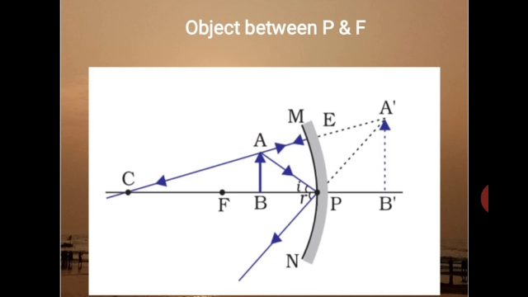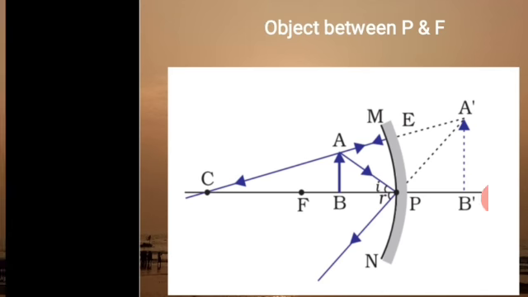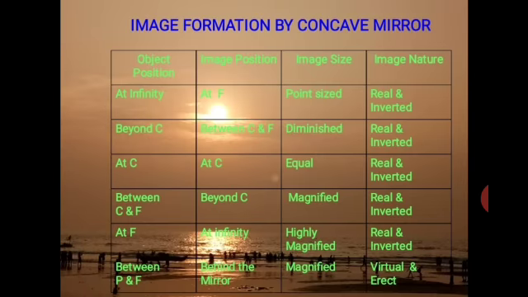So, we have seen these 6 cases where we get the images formed, which depends on the placement of the object. Let us revise it in a nutshell. Here, the positions of the objects are shown in the first column of the table. When you place the object at infinity, we have the image formed at F, which is point sized, real and inverted, diagram number 1. Then we bring the object closer. We have placed it beyond C. We get the image formed between C and F, and the size of the image is diminished, real and inverted.